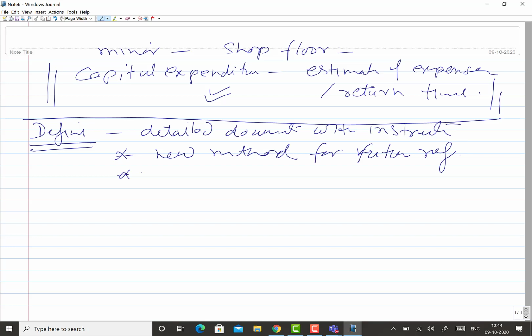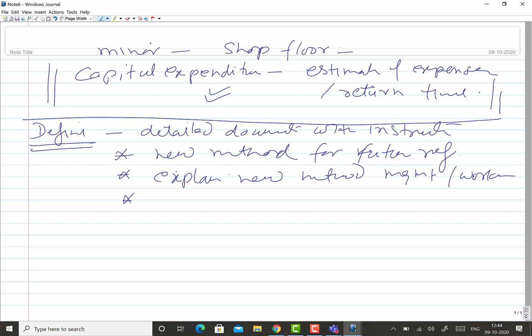Okay, this detailed document along with the instructions related to the new method can be used to explain what the new method is all about, to the management and to the workers, because they need to be convinced, they need to be brought on board, otherwise it will not happen.